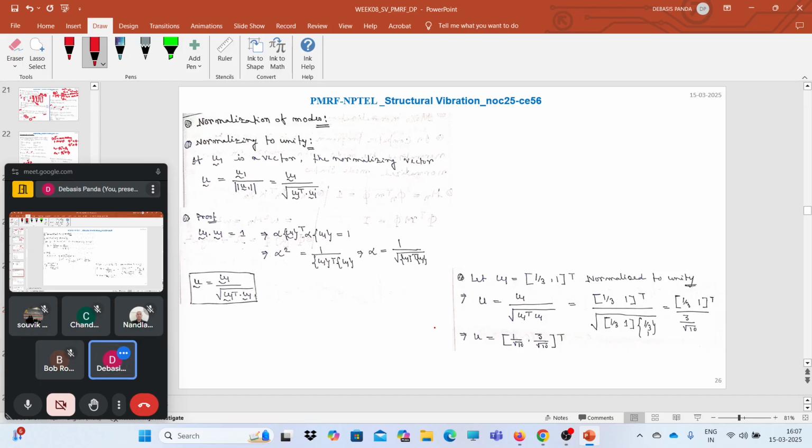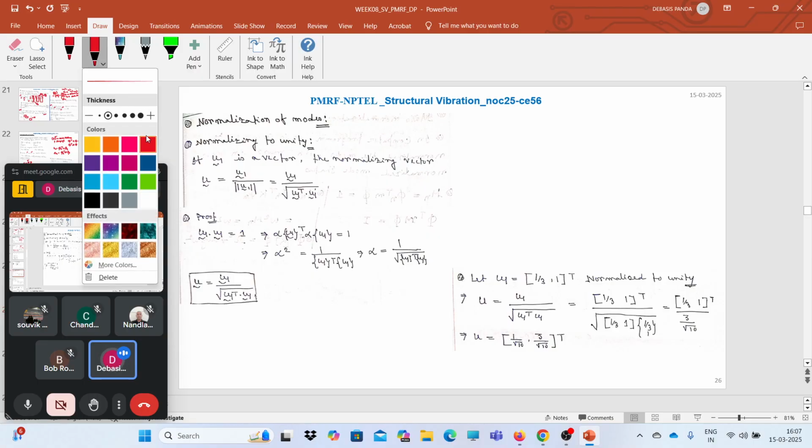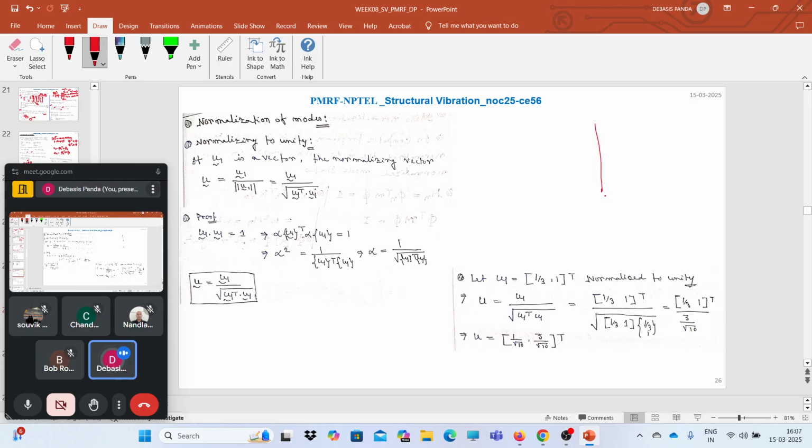So again, the modes are normalized with respect to different things also, like we can normalize it to unity, which leads to the amplitude normalization and mass normalization. Say for example, if we have some vector, okay, say we have some vector u,